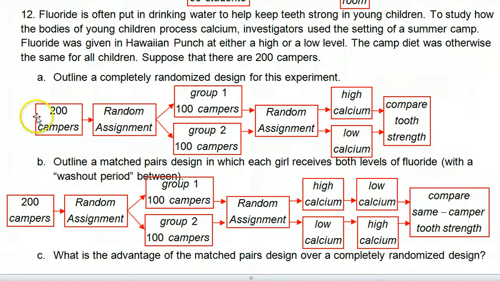So again, notice I just cut and pasted the completely randomized design. All I had to do was add in the repetition of the treatment, so each girl gets both treatments. I just had to reverse those so they weren't doing the same treatment twice. And then I had to mention same camper tooth strength to show that we're comparing Susie with Susie, high calcium,